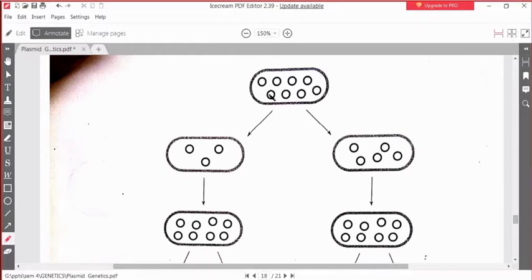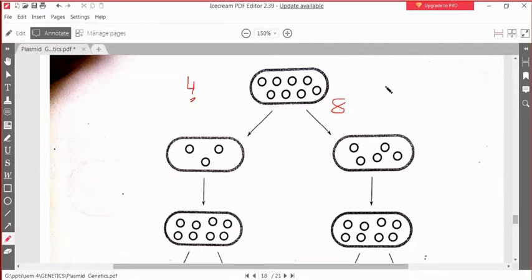Consider this is a particular cell. According to this diagram, they have 8 copies of the plasmid. Actually, this cell must have 4 copies of the plasmid initially, but before division the copy number must be doubled so that the 2 progeny cells will get the plasmid. So just before division, the 4 copies of the plasmid are copied to double the amount, and as a result, there are 8 copies of the plasmid.